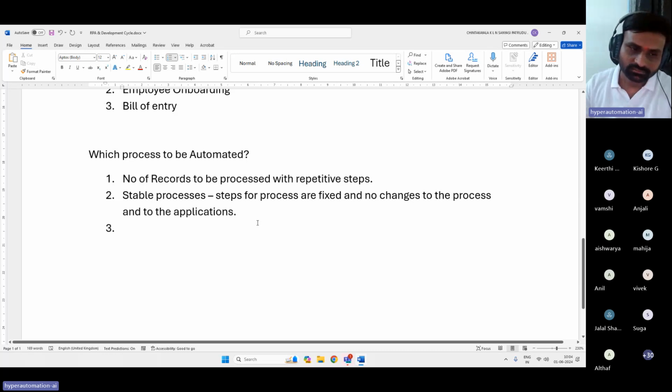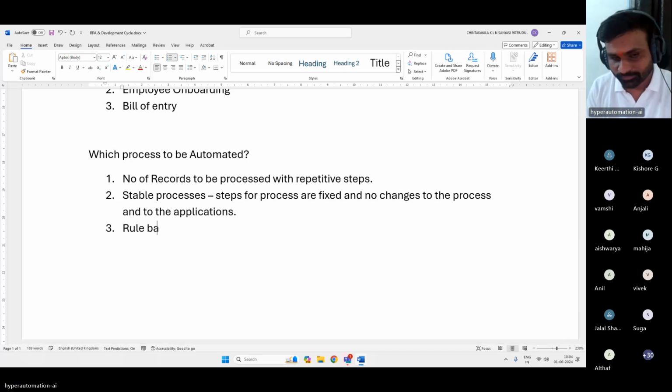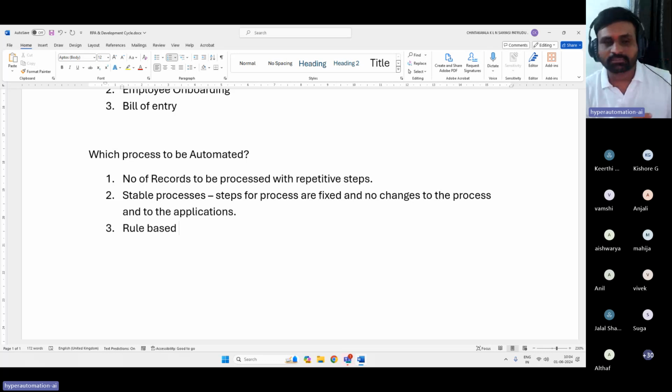Repetitive, high volume, rule based. Nowadays we are automating things which are a bit cognitive also, but when it comes to RPA, we need to have at least this in terms of process, not in terms of the input data.